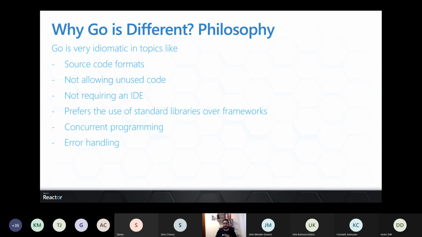You can create your own things from these standard libraries, but the idea with Golang is that you use those standard libraries instead of frameworks. I have my opinions on that, but that's the philosophy of the Golang creators, and you're going to learn why that is a good idea as you continue your journey learning Golang.